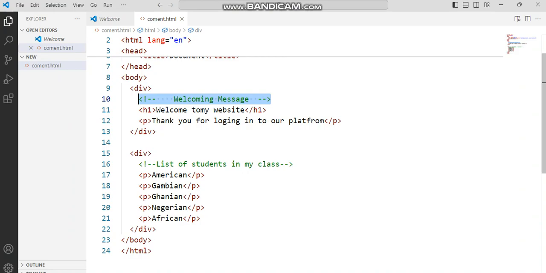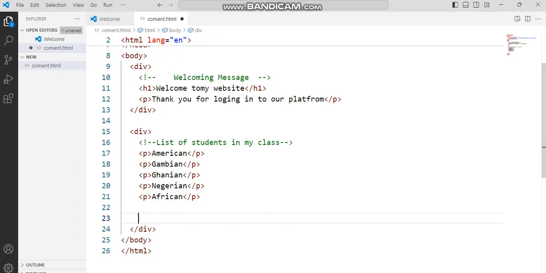So this is all about comments, and then we will be moving to the next part, which is going to be inserting an image. So sometimes while we deal with web pages, we understand that images are things which are on